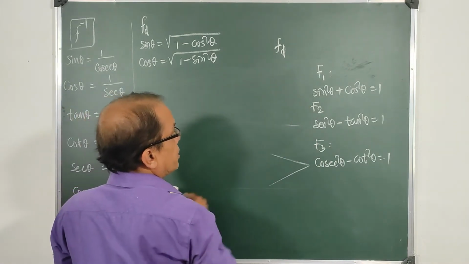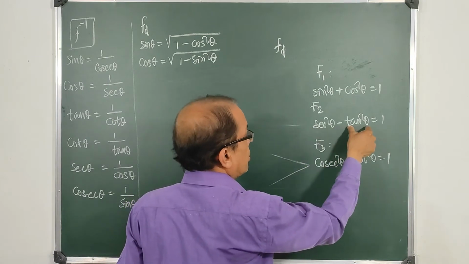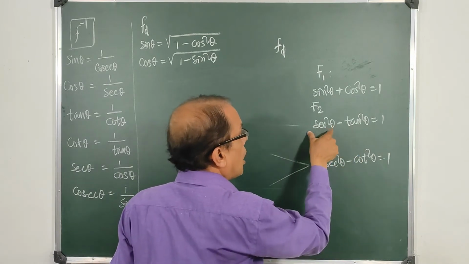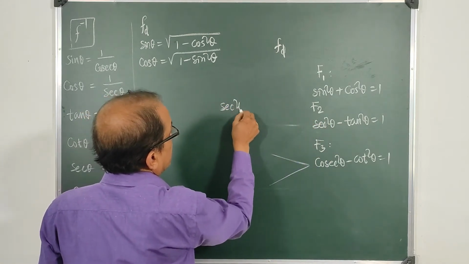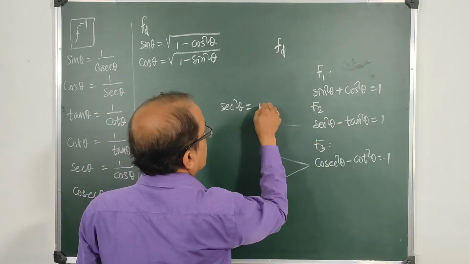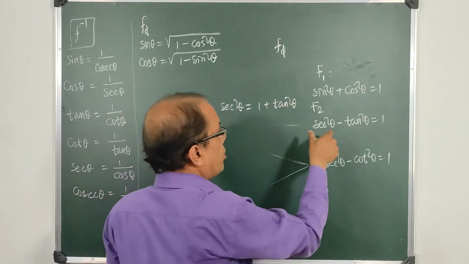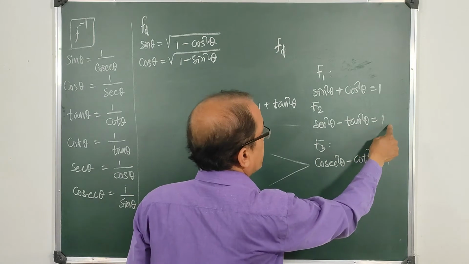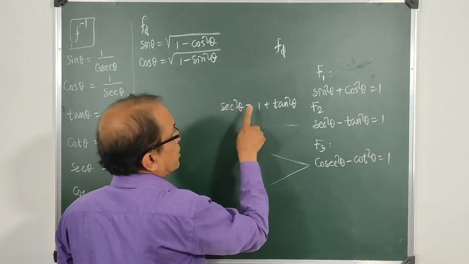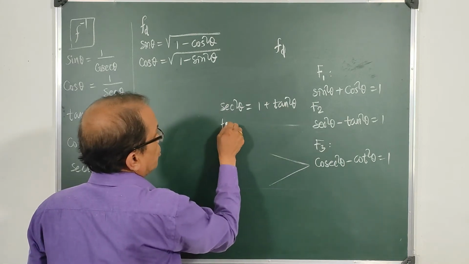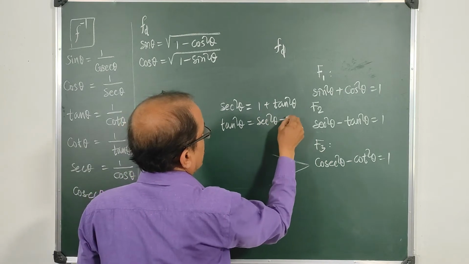Next, go for the second one. We know that sec square theta minus tan square theta is equal to 1. So this one is a larger one and this was a smaller one. And how large is sec square theta? You can find sec square theta is 1 plus tan square theta. Whenever we subtract tan square theta from sec square theta, we get 1. That means this one is 1 larger than that one. So sec square theta is 1 plus tan square theta, and also tan square theta will be 1 less than sec square theta. So sec square theta minus 1.